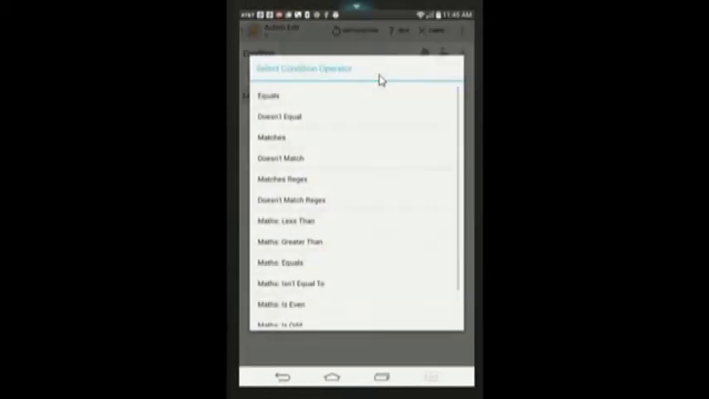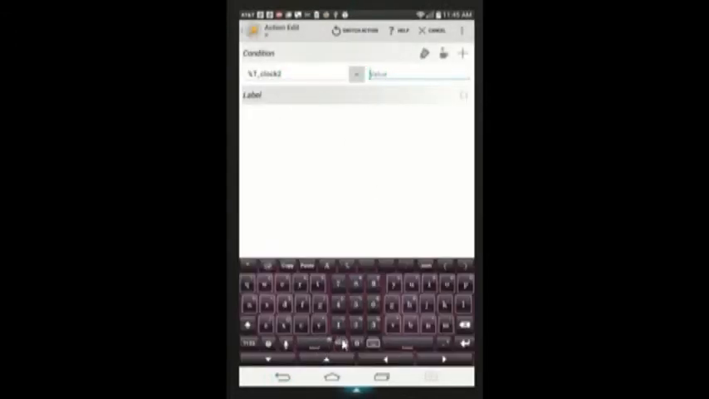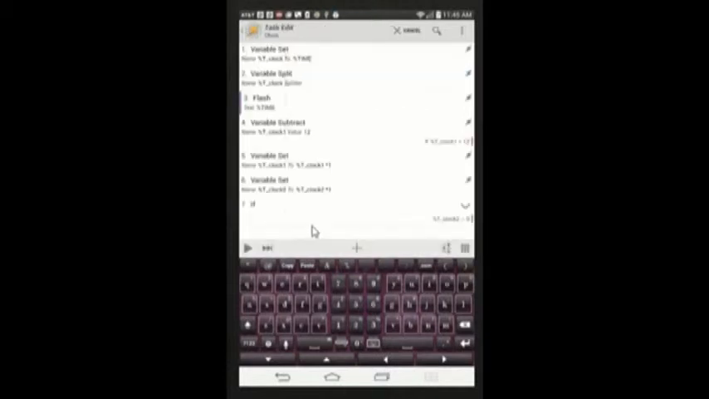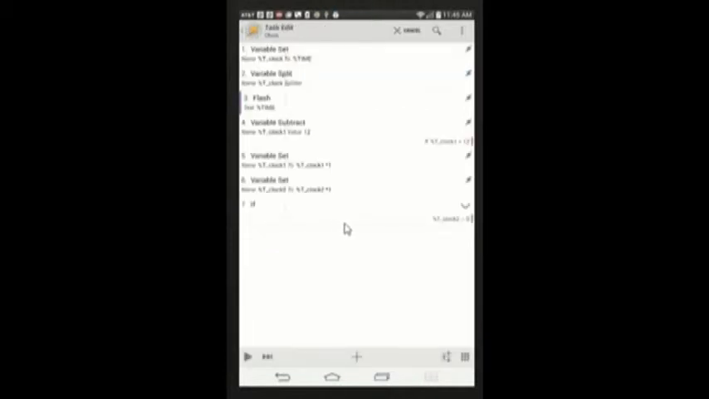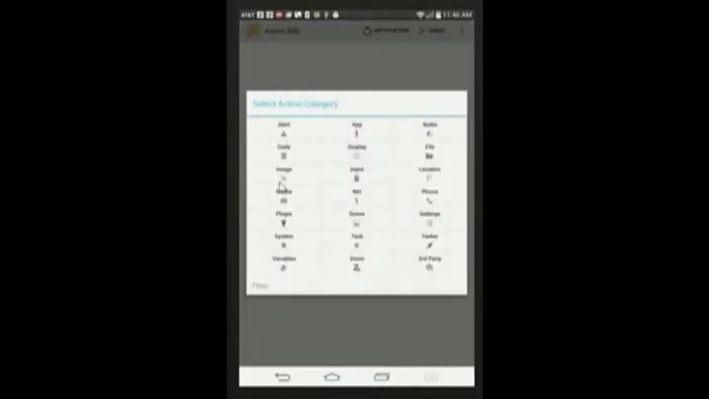If T clock 2 equals 0, because I do not want it to say it's 9 o'clock and 0 minutes. I want it to say it's 9 o'clock. So if the minutes are 0, so if T clock 2, which is the minutes, equals 0, I want it to say, so hit the plus,